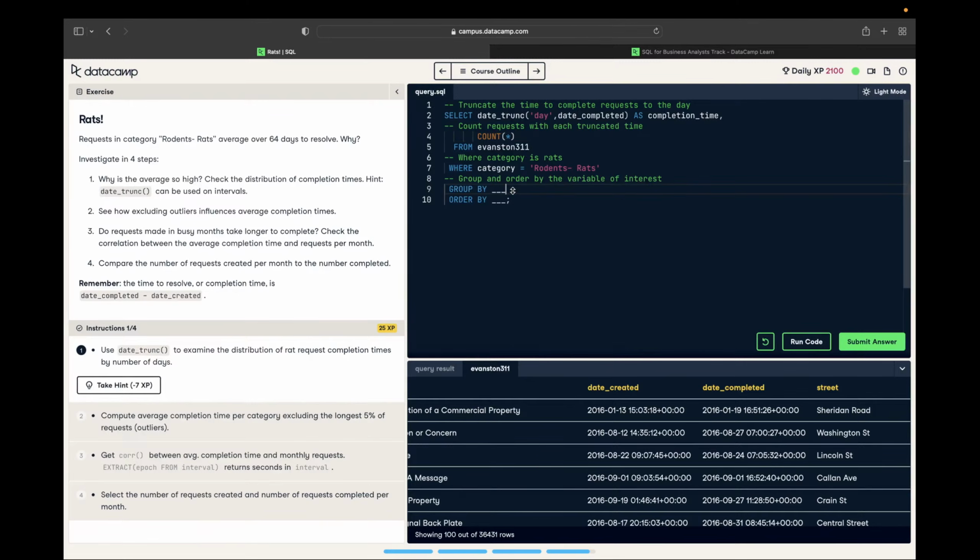Rodent rats group by completion time, order by